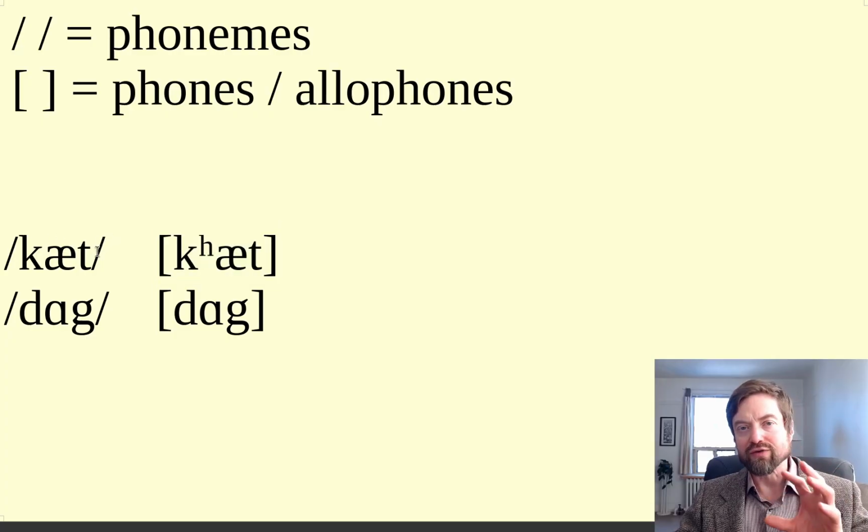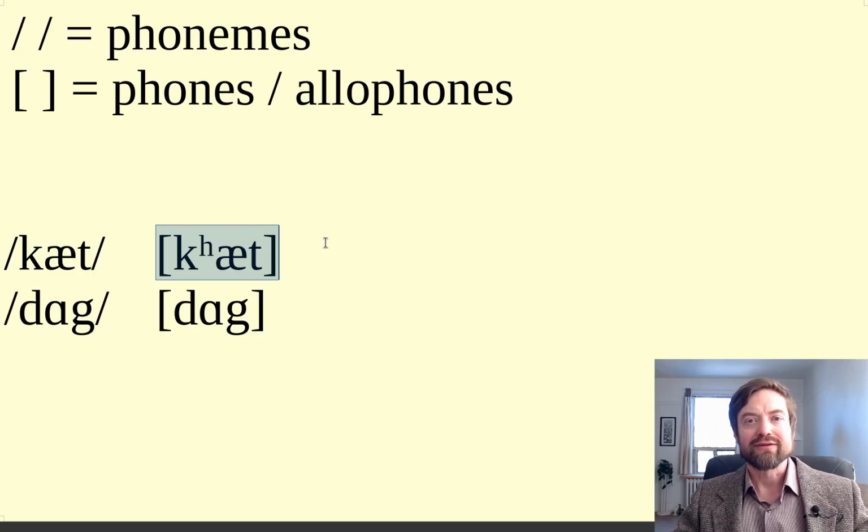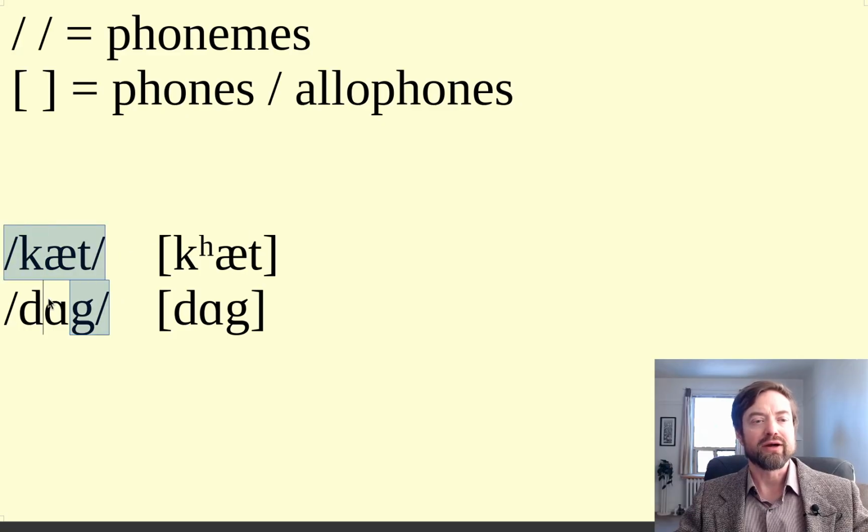But the extension of this into phonology is the idea that in our minds, we don't need to think about every little detail. A lot of these details are automatic. And so in our minds, we think about this simplified basic version that is just enough. It's all the information we need in order to tell all these words apart. And that's why they talk about phonemes being contrastive, because you can make contrast between different words by changing the phoneme. The little details don't change the word.